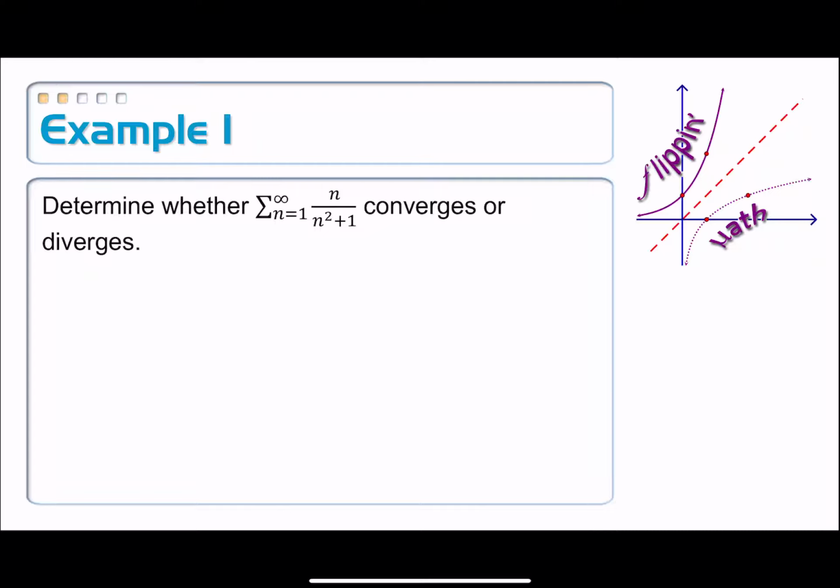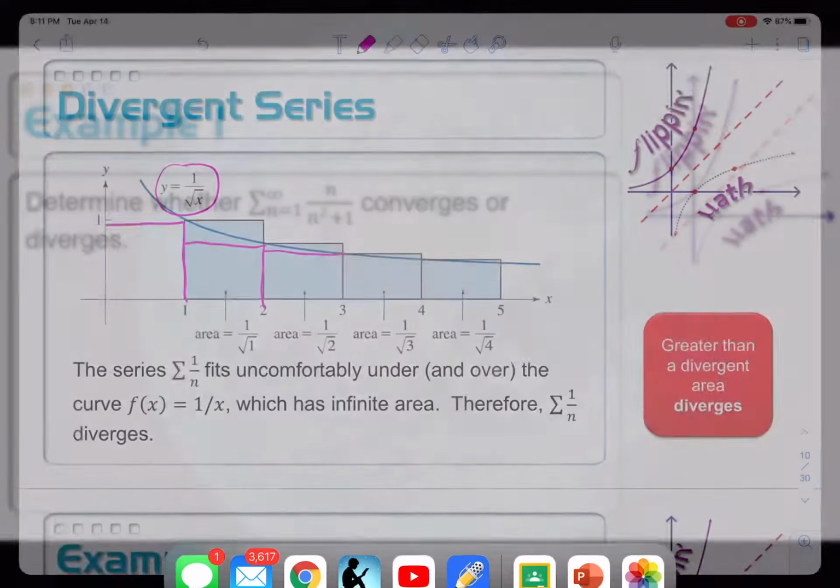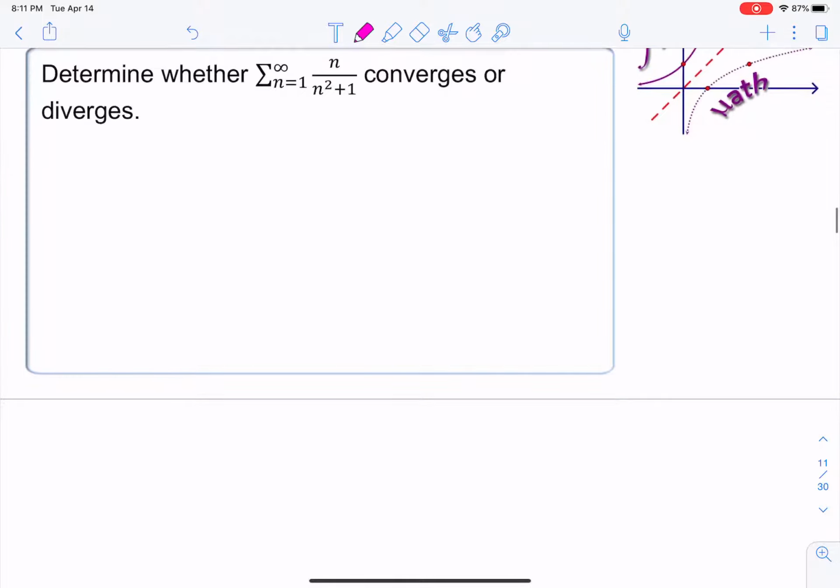So what we're going to do, of course, is use the integral test. In order to use the integral test, we need to make sure that we check all of the conditions. Make sure that conditions are met, and then we can perform the integral. Okay, so then, on example 1,